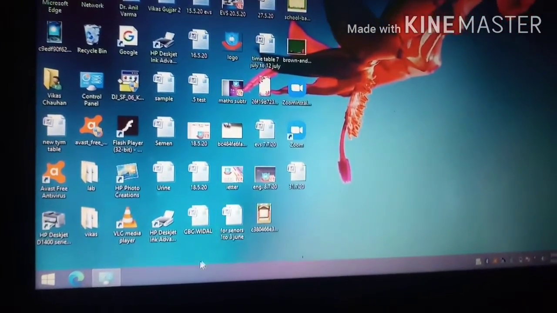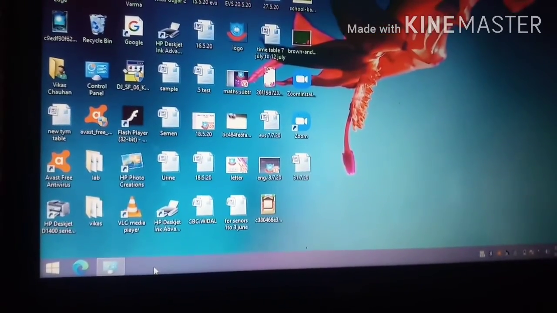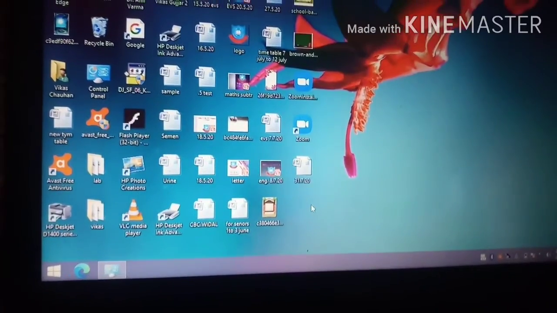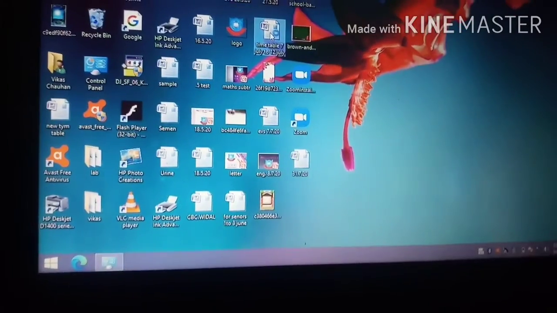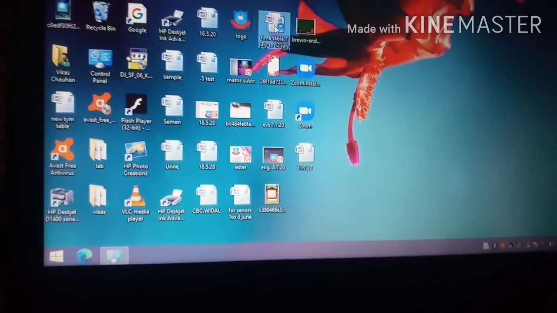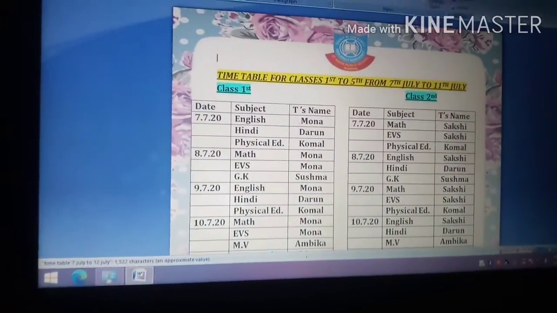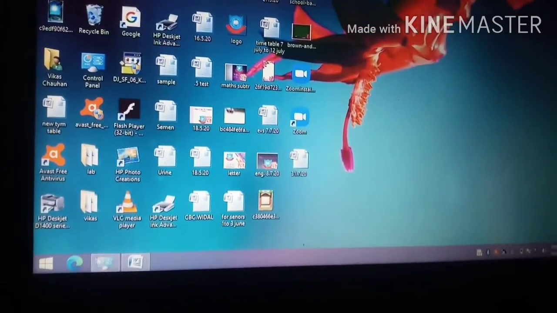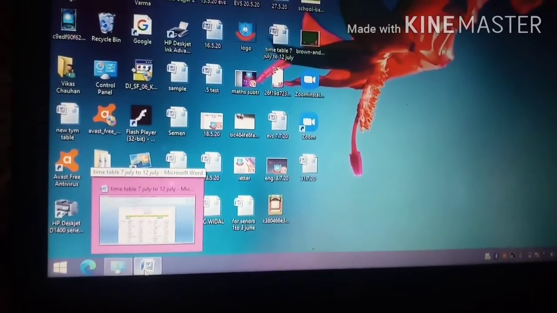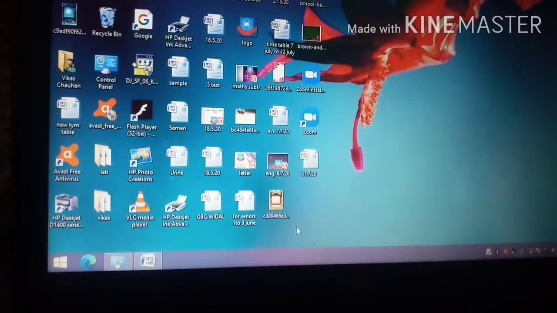And on the taskbar, you can see many running apps. Just have an example. If I open this, now there are only 3 icons. 1, 2 and 3. And if I am using one more thing, then what will happen? Now one more icon is also added here. So the running apps we can see here easily.